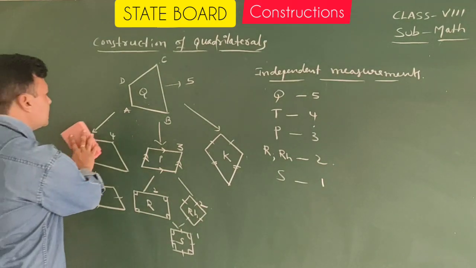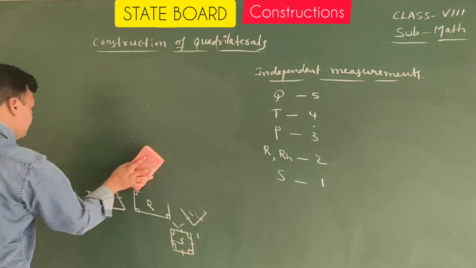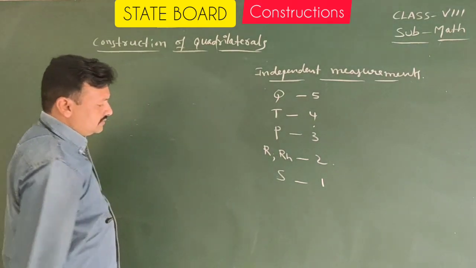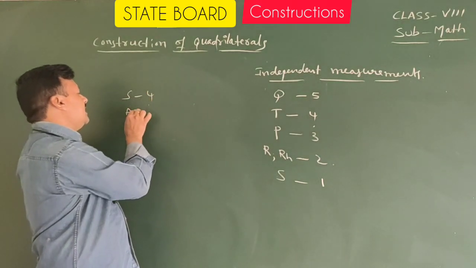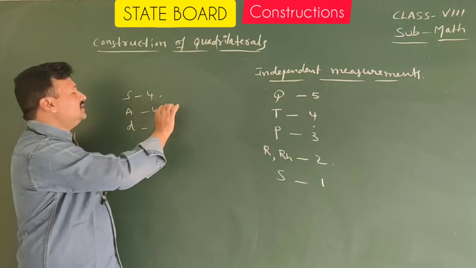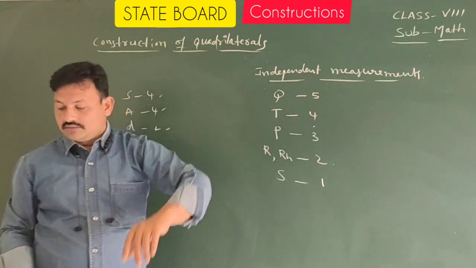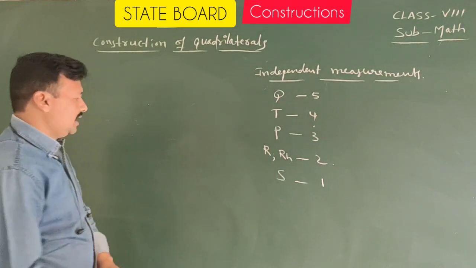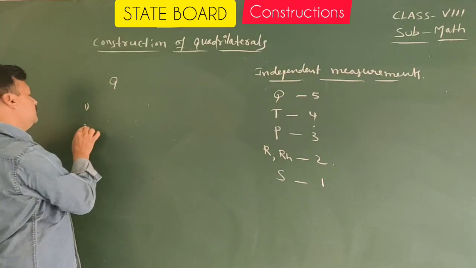Now, for constructing a quadrilateral, if 5 independent measures are enough, we have 10 parts in total. For the quadrilateral, we have 4 sides, 4 angles, and 2 diagonals. Out of these 10 parts, we require 5. Then we can draw a quadrilateral. For the construction of a quadrilateral, 5 types